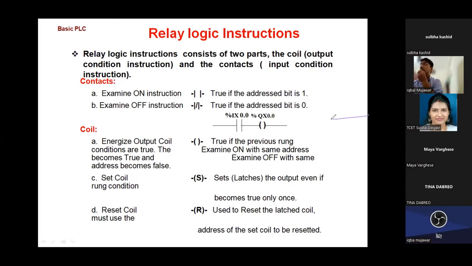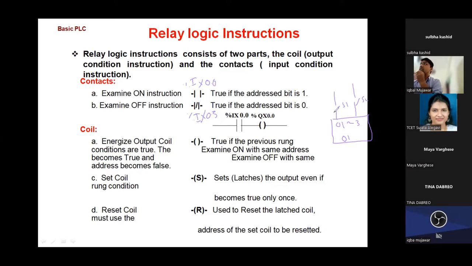For example, let's take the example of this PLC, with inputs 0, 1, 2. Only 4 inputs are there, and let's say 2 outputs. Let's assume a very small PLC, which doesn't actually exist. Here I connected one push button, and here push button 2. This is S1, this is S2. S1 is connected at this address, I write %IX 0.0, and here I provide the address %IX 0.3: module number 0, terminal number 0, and module number 0, terminal number 3.